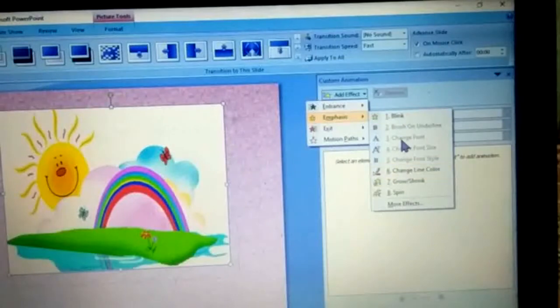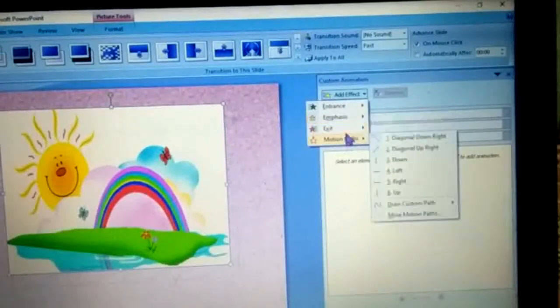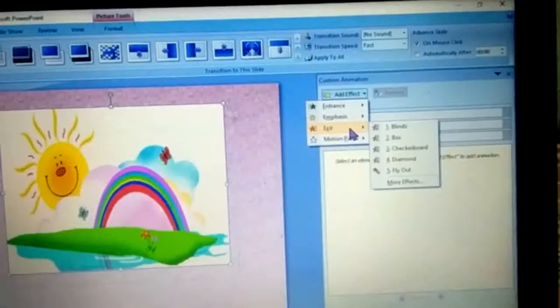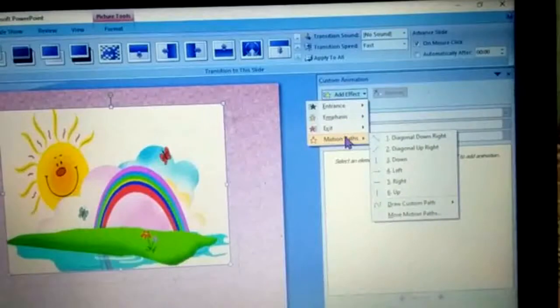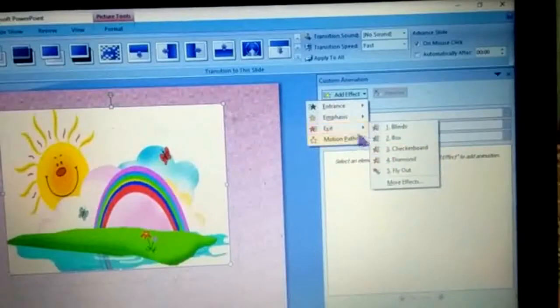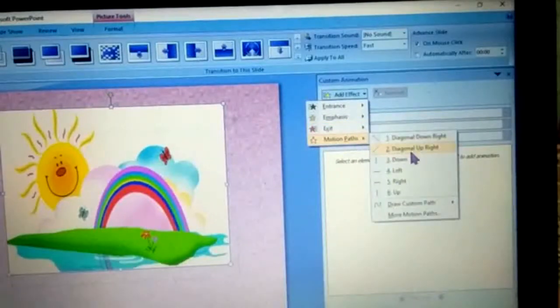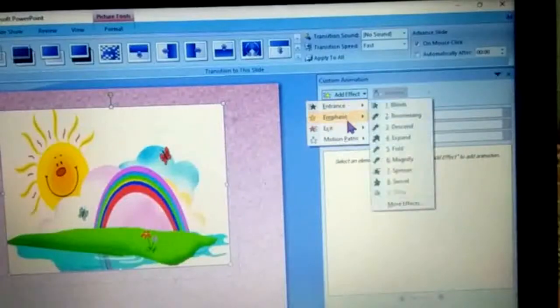Text font change color is also there. Then how to exit is also there. Like in a presentation, if you want that after you have told about that object, it should exit, that also you can do. And the motion paths mean how to come inside or how to go, that also you can draw from these paths shown here, like diagonally down or this. So you can have fun with all these options.